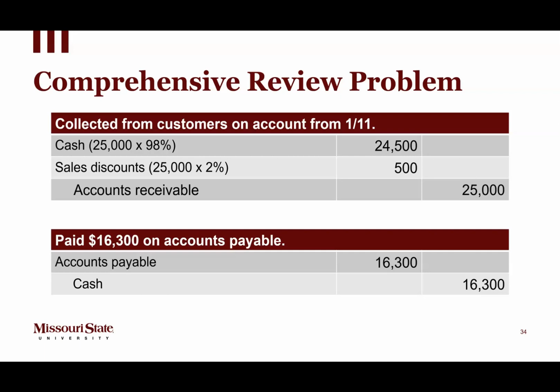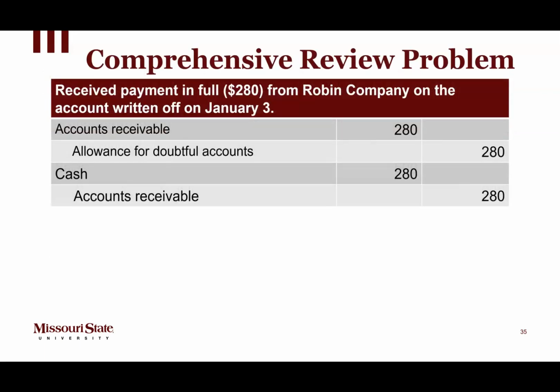We are going to credit cash to also reduce that asset by $16,300. Okay, so we received payment in full of $280 from Robin Company on the account written off on January 3rd. So we wrote that account off. They came back after we wrote it off and they made a payment to us. Okay, so what we need to do is, in the end, reverse that